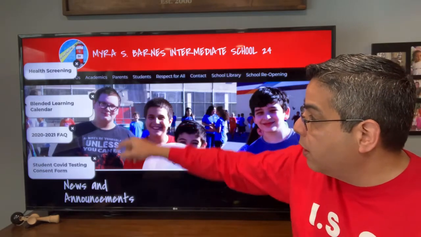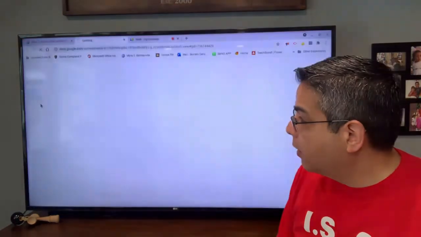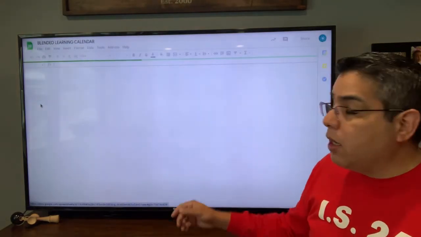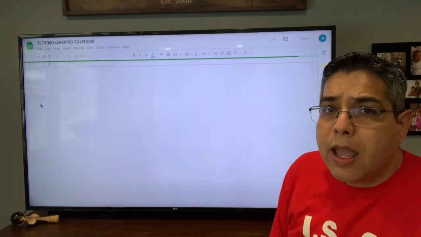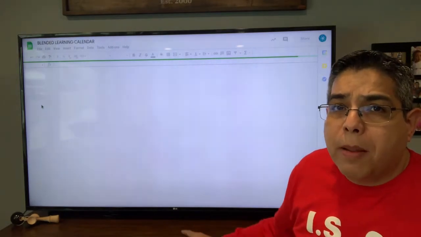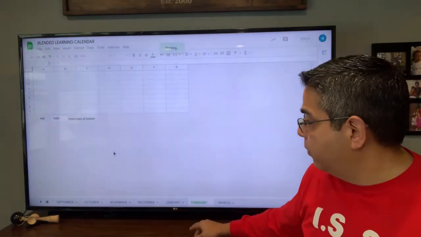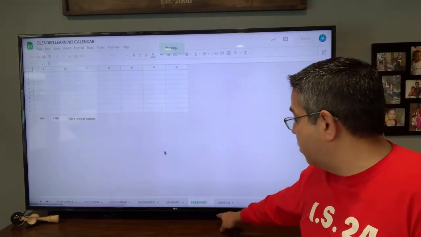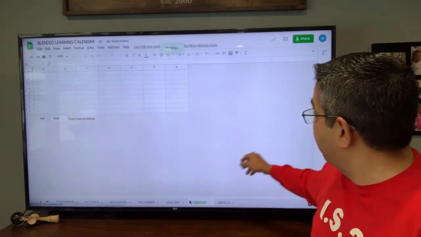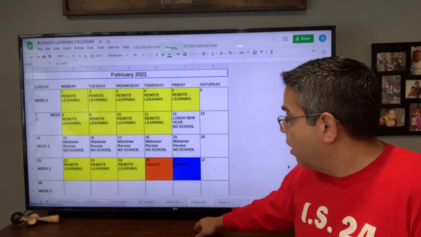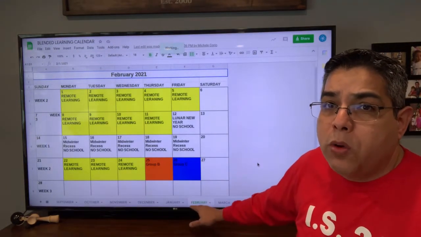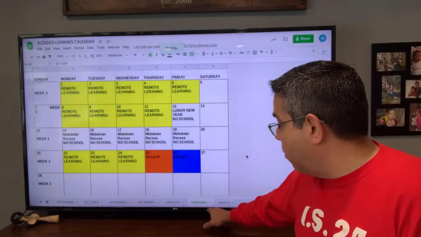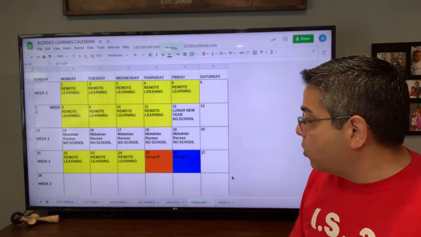Can you go to the blended learning calendar, please? The blended learning calendars are up. On the bottom of the blended learning calendar, you'll see that each month is put in. So just scroll up the screen. Thank you. There you go. Right now we're only going up to March, but we do have the February calendar up there and the March calendar. And you can see that we're starting with Group B.